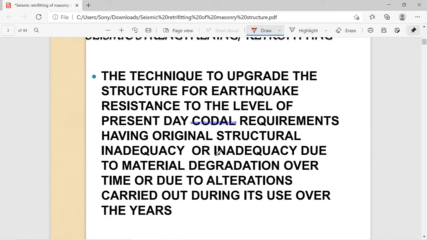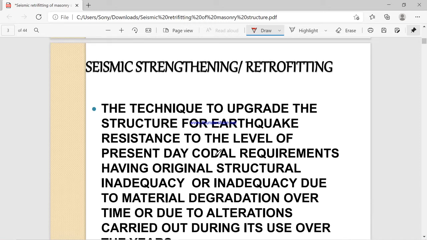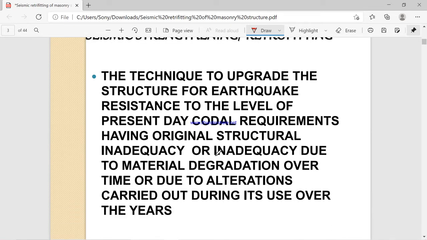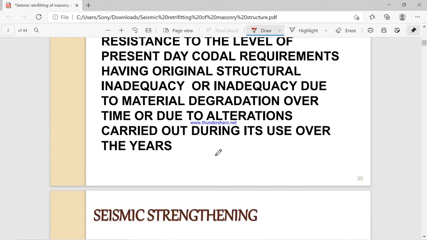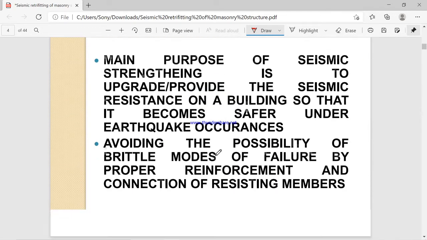Seismic retrofitting is nothing but a technique to upgrade the structure for earthquake resistance to the level of present-day code requirements, for structures having original structural inadequacy or inadequacy due to material degradation. The main purpose of seismic retrofitting is to provide seismic resistance to a building so that it becomes safer under earthquake occurrence.